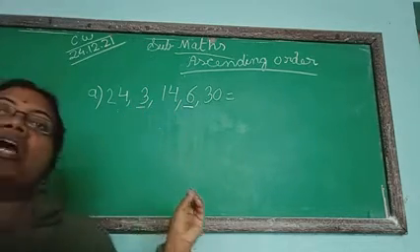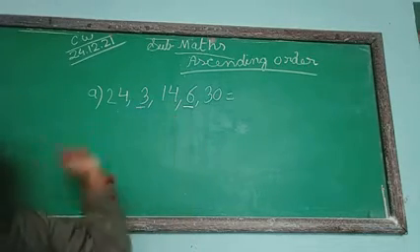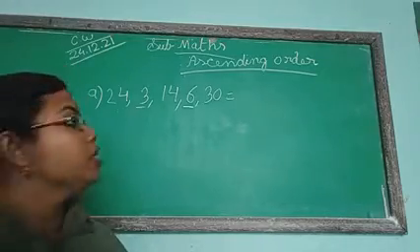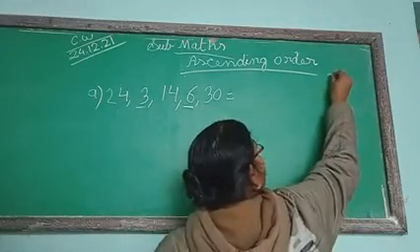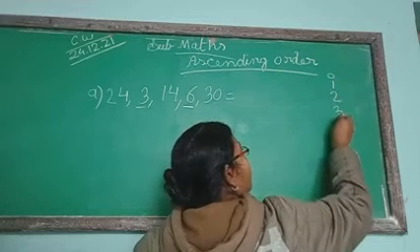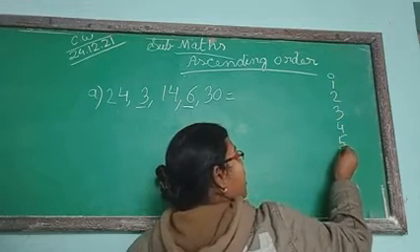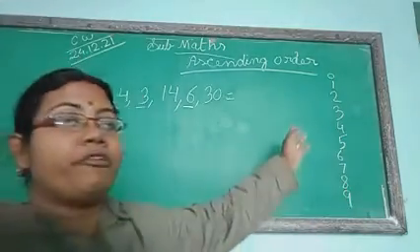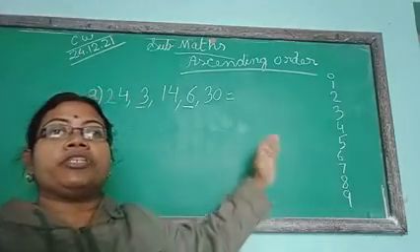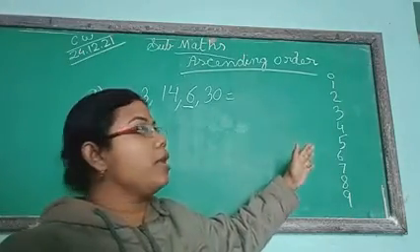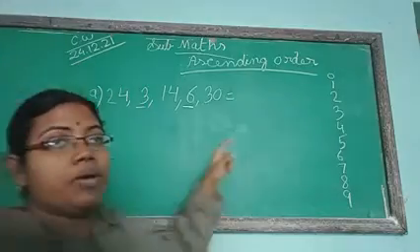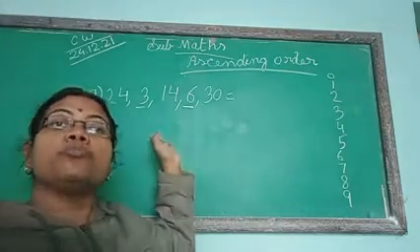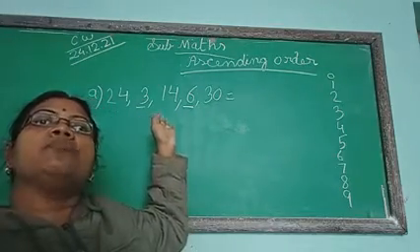Now how do you identify whether 3 is the bigger number or 6 is the bigger number? How will you say, using forward counting? See this one, we write the numbers from 0, 1, 2, 3, 4, 5, 6, 7, 8 up to 9. When we are counting forwardly from 0, which number will come first? That is the smaller number. So when we are counting 0, 1, 2, 3, the 3 will come first. That means 3 is the smallest number.